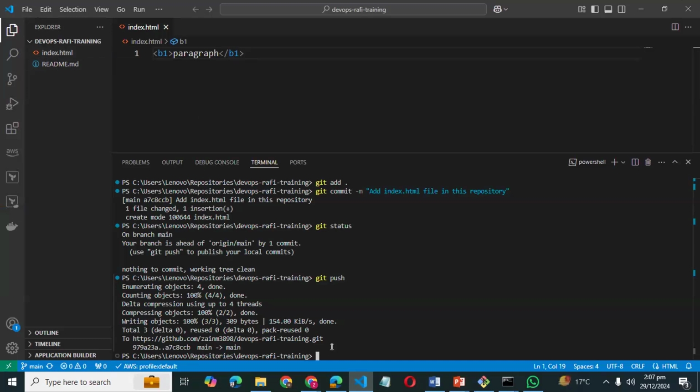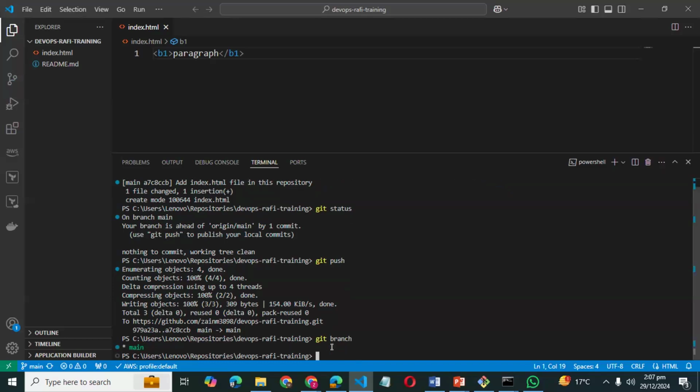To check how many branches you currently have, there is a command called git branch. You just write this command, press enter, and it gives you the total branches you have. So I just ran the git branch command, and I have only one main branch currently, right? Now I don't want to add files or make changes in the main branch, because the main branch is basically totally for production.